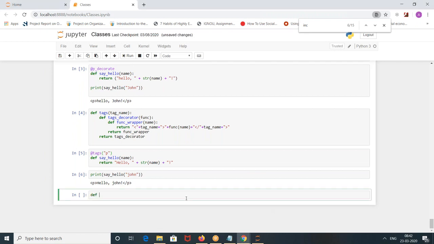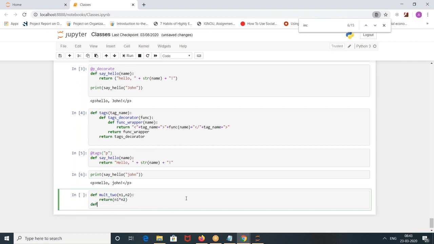def mult2 of n1, n2, return n1 into n2. Then add2 of n1, n2, return n1 plus n2 plus n3.